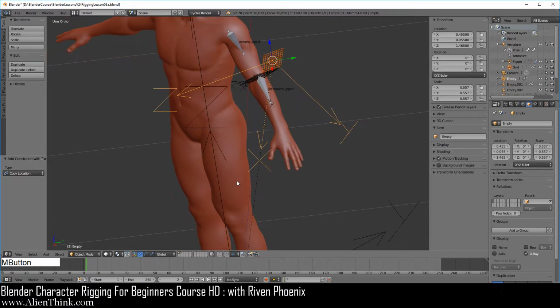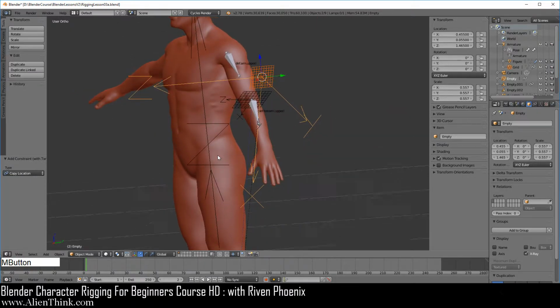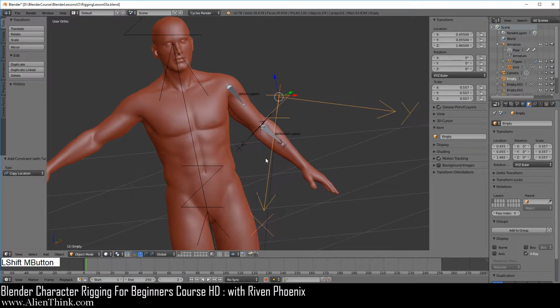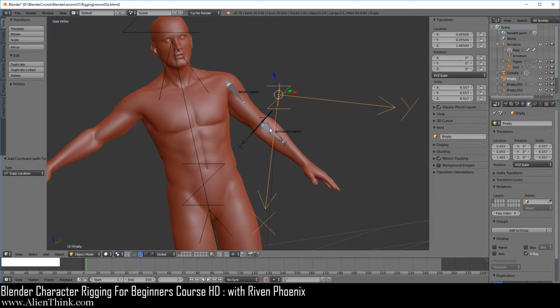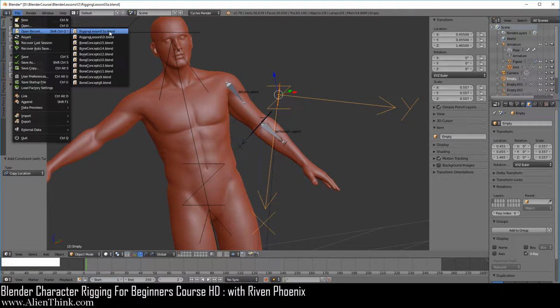So it'll just snap over here. Okay, so now if we do the same thing, look at this from the Z, you'll see that it's the same thing. See where this bone is? That's how this concept is working. Okay, I'm just going to go ahead and reload this file. You understand how that works.